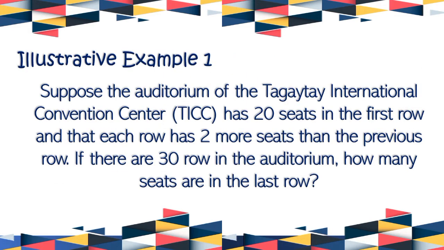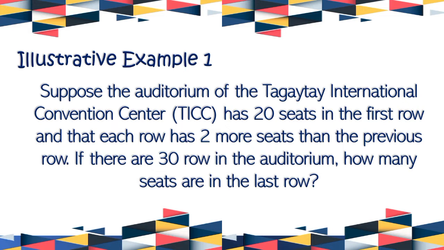Illustrative example 1 na agad tayo. So, suppose the auditorium of the Tagaytay International Convention Center or the TICC has 20 seats in the first row, and that each row has 2 more seats than the previous row. If there are 30 rows in the auditorium, how many seats are in the last row? So sa question na ito,